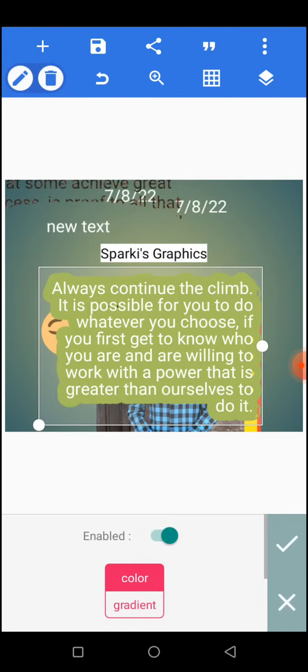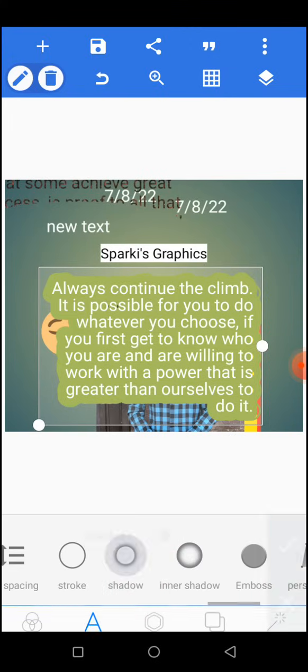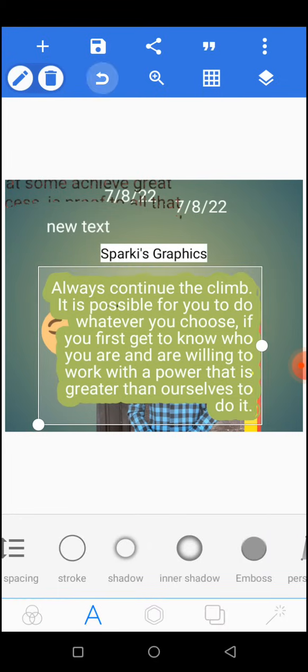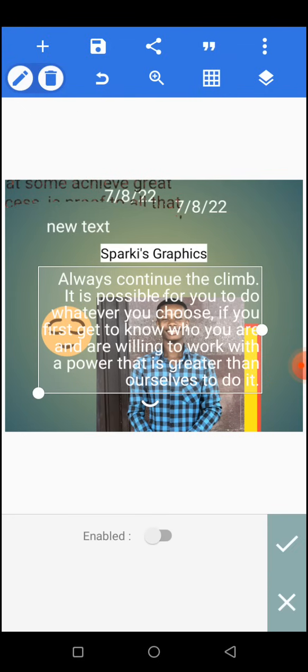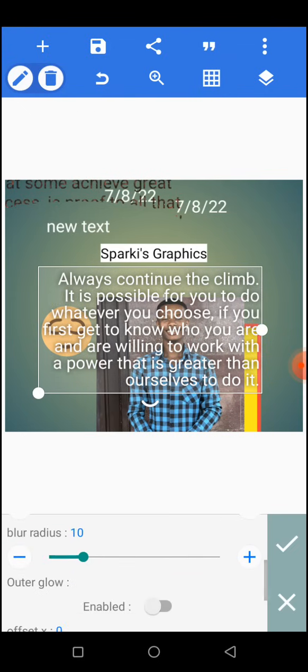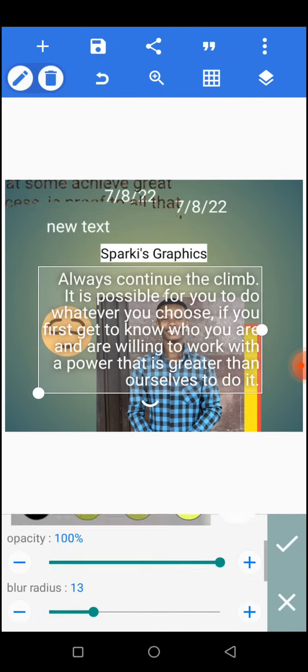We were on stroke. Now the next one is what? Shadow. Let's remove this. Now the next one is shadow. You can add shadow to your design. Then you can increase the blur radius. If you want the shadow to be too much, you increase the blur radius. You can reduce the blur radius or you increase it. Then the opacity, I talked on this already. That is the opacity of the shadow. If you don't want the shadow to show too much, you reduce it. If you want it to show too much, you now increase the opacity. So that is that for